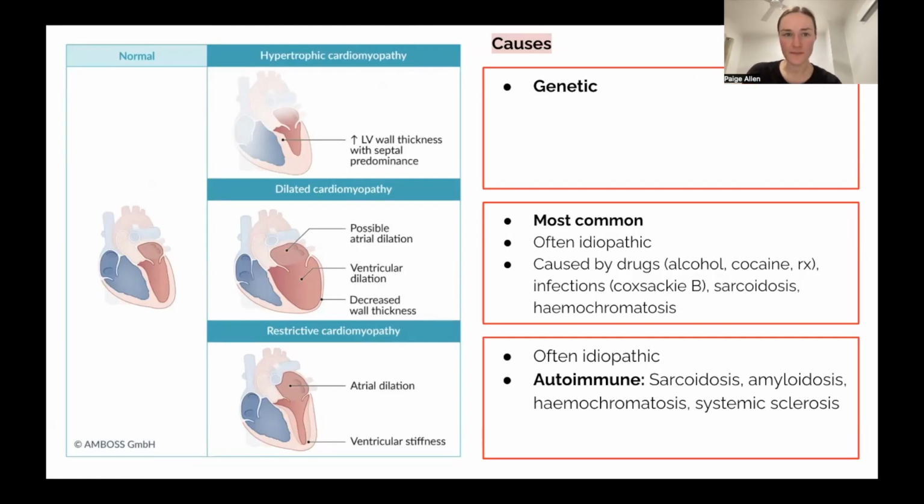So HOCM, that's the hypertrophic cardiomyopathy. That's genetic, as we talked about before. The most common one, though, is the dilated. Often it is idiopathic, but the other classic is caused by alcohol. It can also be caused by infections, hemochromatosis, that sort of thing. But the classic is someone who consumes too much alcohol. And then restrictive is most likely due to autoimmune diseases. So keep your mind out for sarcoidosis, amyloidosis, hemochromatosis, sclerosis, anything that can cause deposition into the